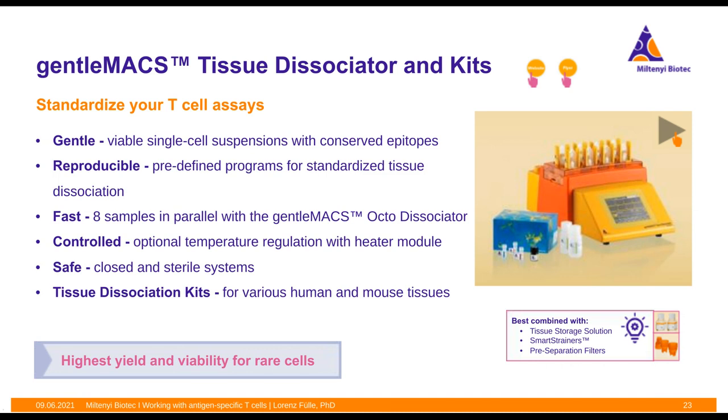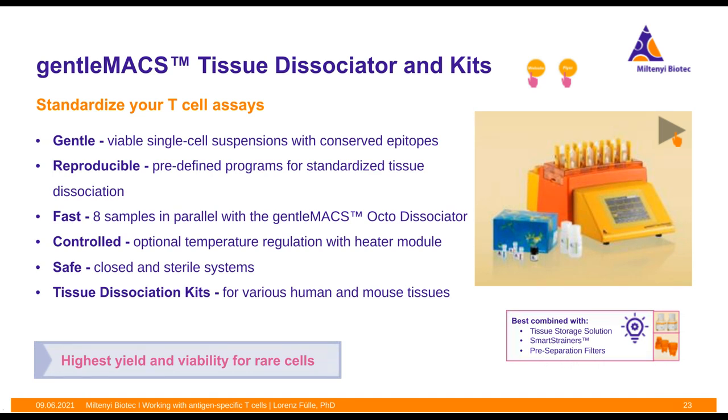Stopped. So again, for some cases, you might need to isolate T cells from tissues. And here we have the so-called GentleMACS tissue dissociator and also various kits. With the GentleMACS, you can really gently produce viable single-cell suspensions and also conserve epitopes for analysis. It also works in a very reproducible fashion because it has a lot of predefined programs for more standardized tissue